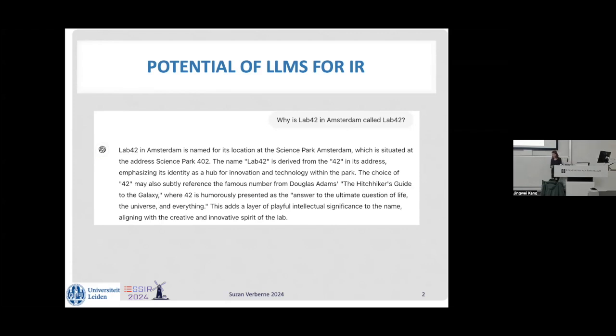So I tried this with ChatGPT to ask why is lab 42 in the example of lab 42. I don't know if the answer is correct though, because there's no source of the answer given here. Does anyone know if the answer is correct? Any clue, the people working here, Mohammed? Do you know if this answer is correct? The second part, I think, is quite likely. The first part, not sure. The 402. So no one knows, right? So here is already something that we as IR people have questions about, like how can we verify that this